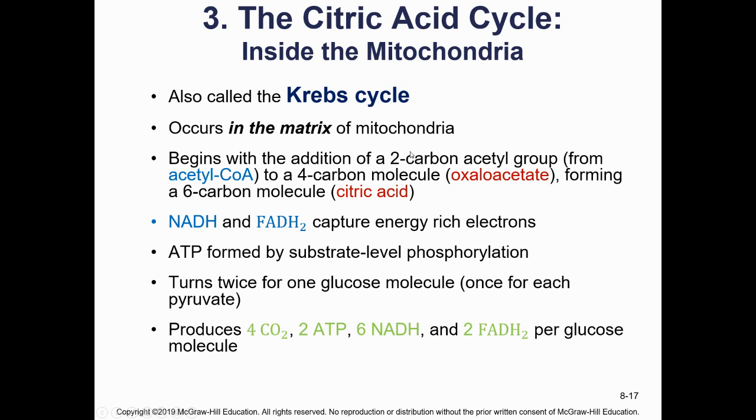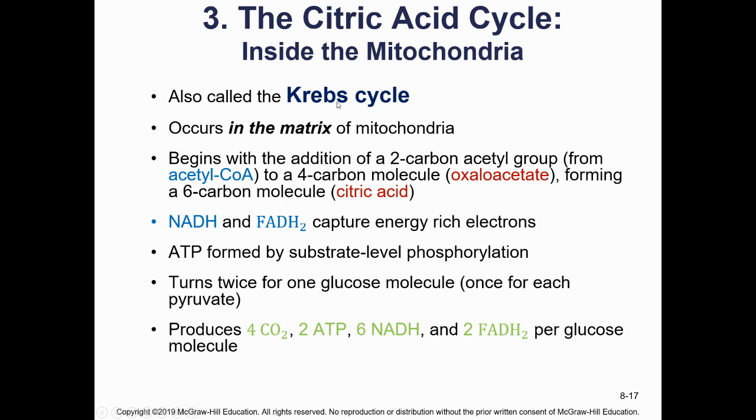and I add these to a 4-carbon molecule called oxaloacetate. And when I do that, I form this 6-carbon molecule called citric acid. And that's where this cycle gets its name, citric acid cycle. You'll also see this referred to as citrate. So citrate, same thing as citric acid. Sometimes you'll see pyruvate referred to as pyruvic acid. So that -ate and -ic acid are equivalent. Citrate is citric acid. So I take my 2-carbon acetyl-CoAs, I join them with this molecule that is an intermediate